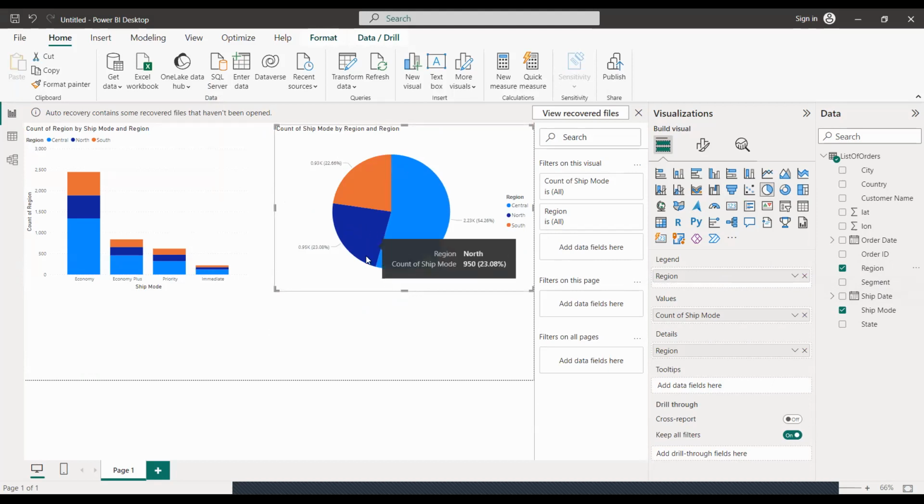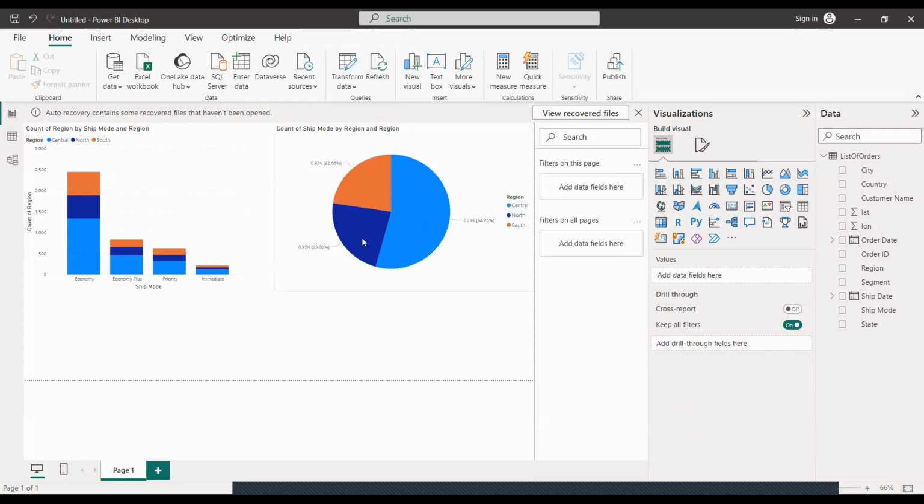Now, I've also adjusted the bar chart again. Now we can tell that for central region, north region, and south region, to get a cumulative result, we can see that central region has more ship mode than every other region.